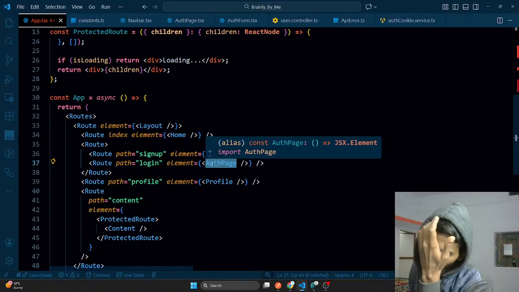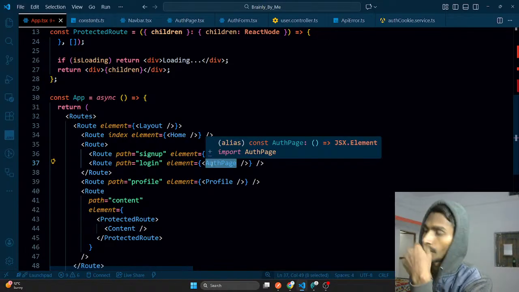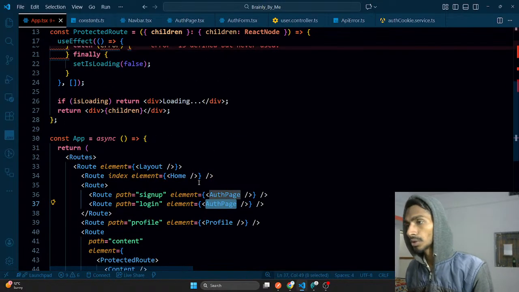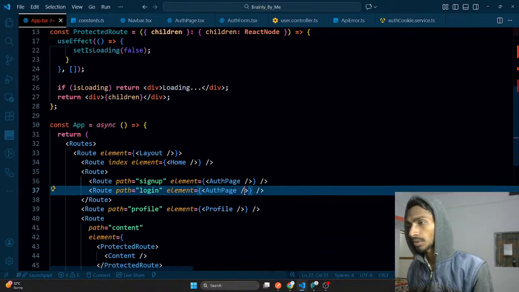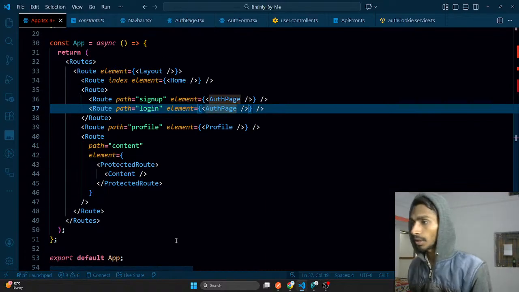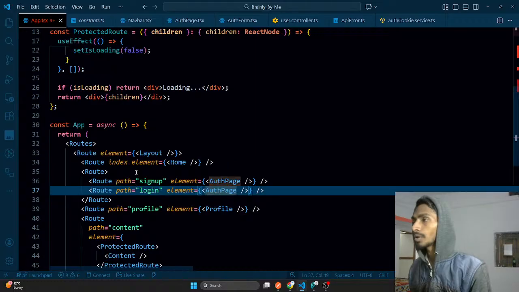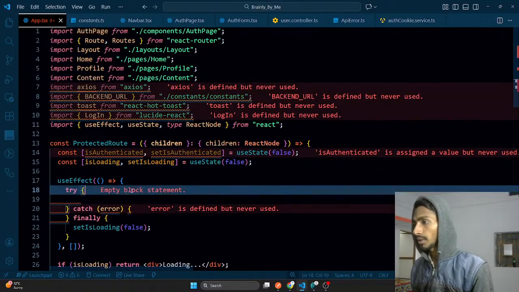Protected route. Interesting. Protected routes should check whether they are protected or not. If I directly go to them, it should not even allow me. Okay, let's try this thing out for now. Protected route, especially for content and all. So what I'll be doing over here,